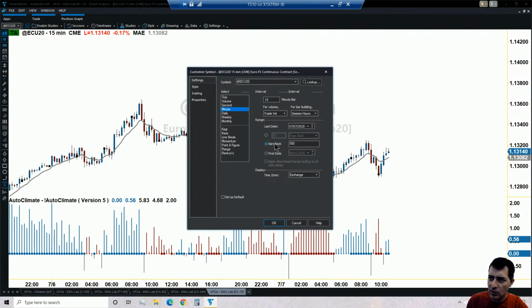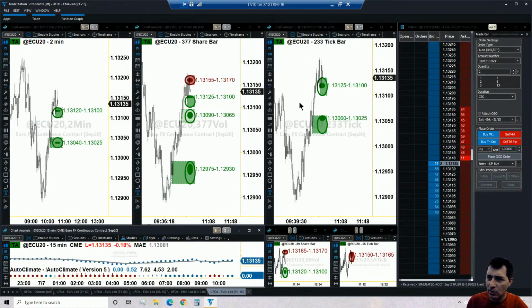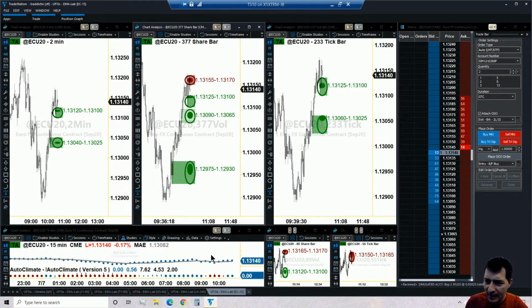So I'm going back to my normal amount of bars and the right style, which is dot on close. Here we go. I'm just going to leave my chart the way it was. Now I know my target, 113.87, and therefore now I'm wondering about the entry. So again, our reference is 08.